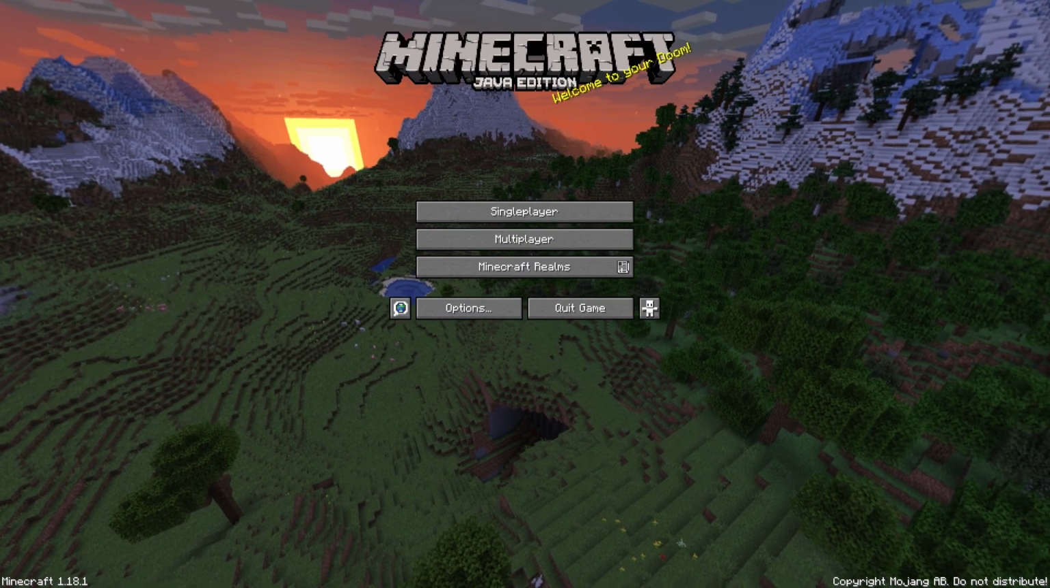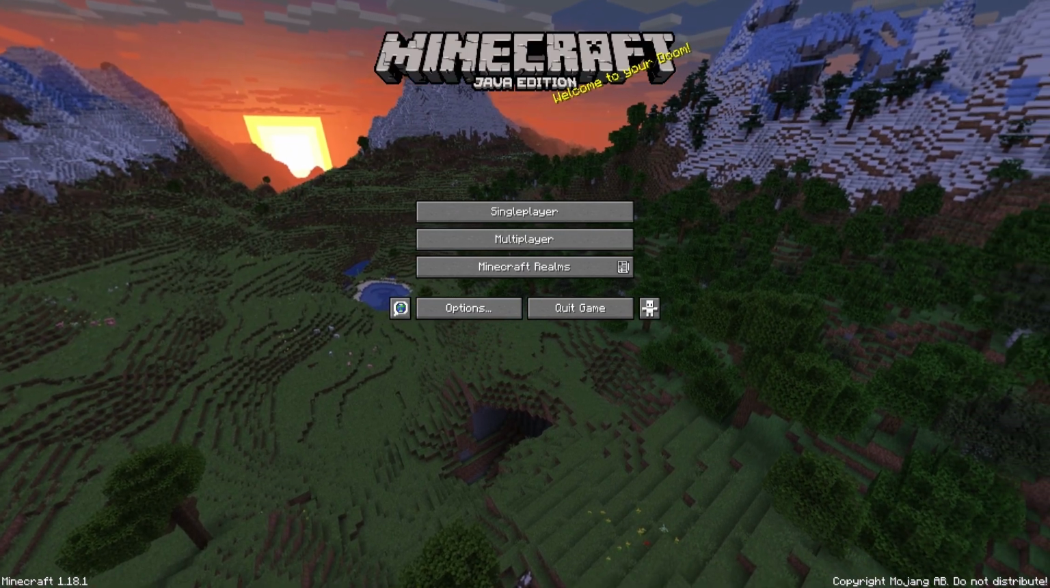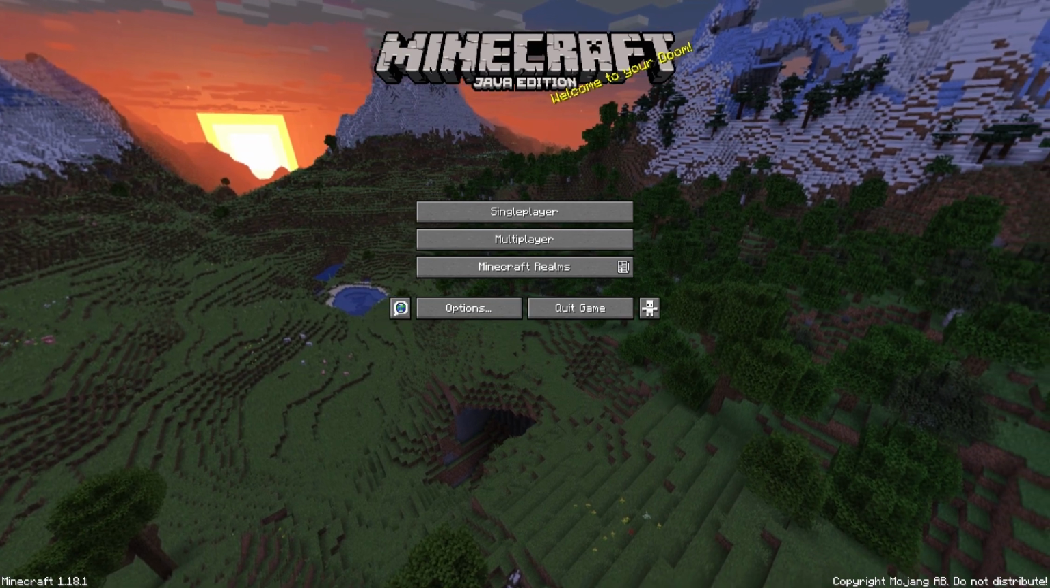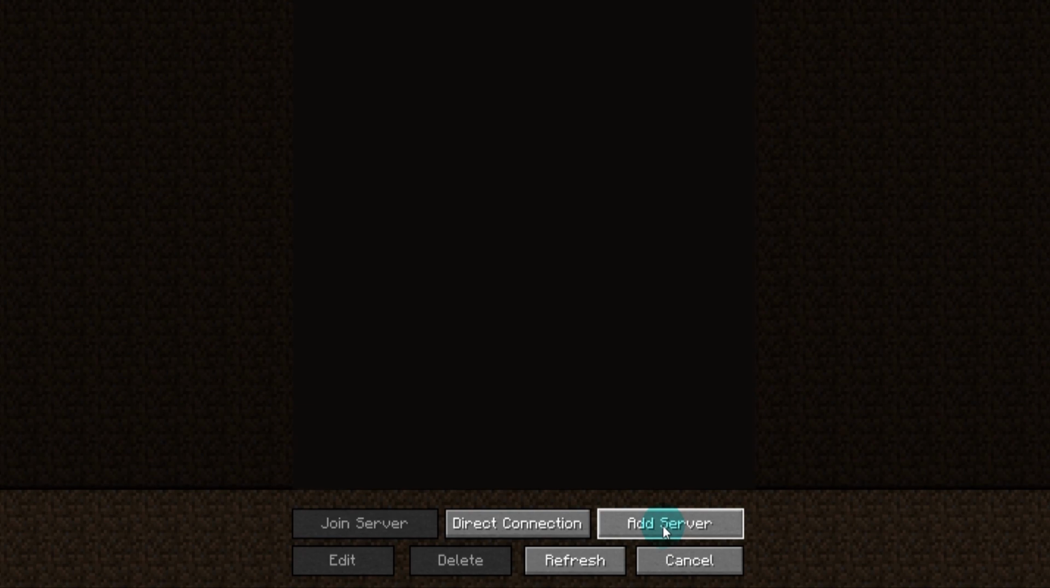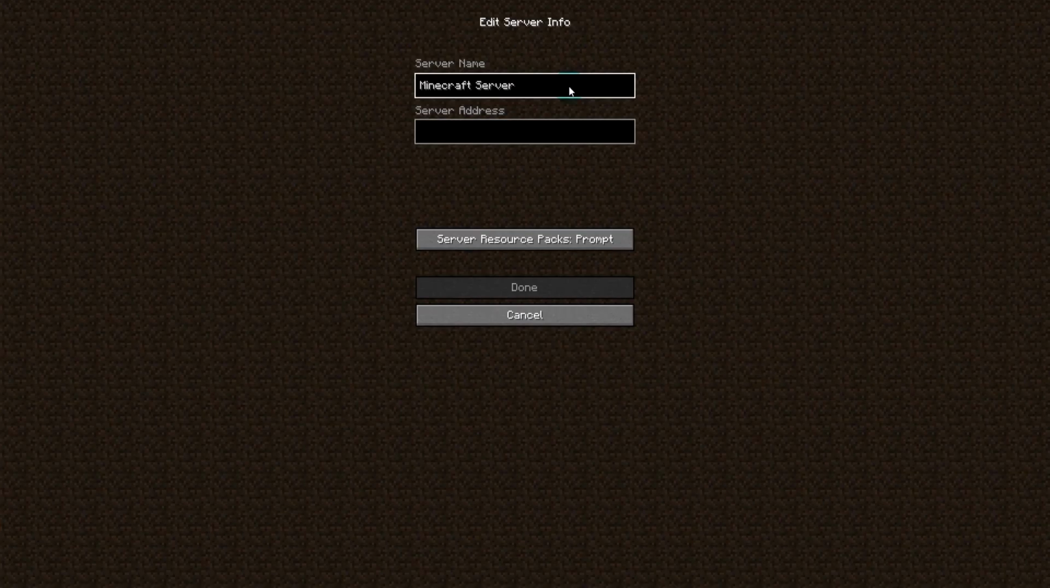To join a multiplayer server, you want to come back to the title screen. You can do this by hitting escape, then hitting back to title screen. You want to click on multiplayer here, then select add server. Then once you've done this, you can type whatever you want in the server name up here. For example, I'm going to be joining Hypixel, so I'm going to type in that. And then you want to get the server address for the server you're joining. Now most server addresses look something like this: